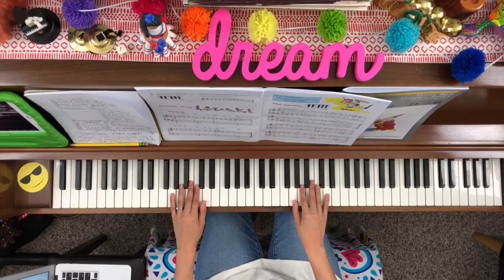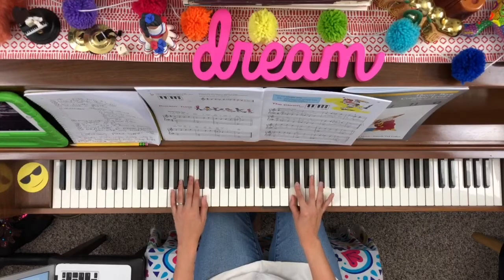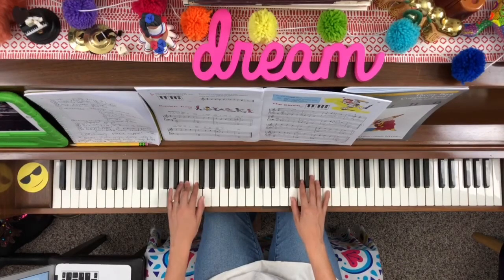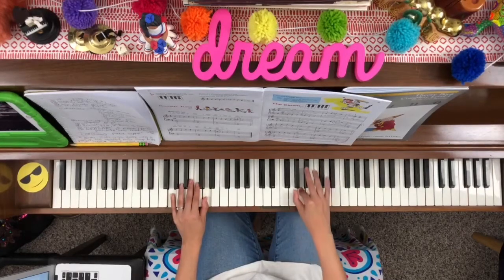1, 2, ready, play. D down to B flat, C down to A, B flat to a G, then A. Hold, right hand. G, A, B flat, C, D, really weird chord. There we go. 1 and 2 together. D down to B flat, C down to A, B flat down to G, then A, hold. Now we have a fifth in our left hand and a G. A with a B flat, A and G,